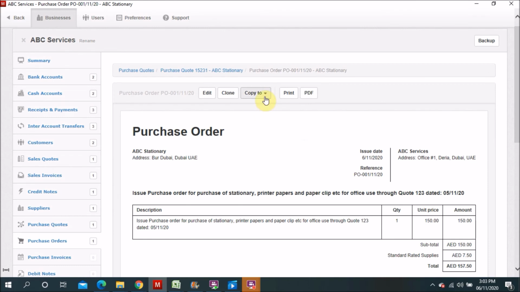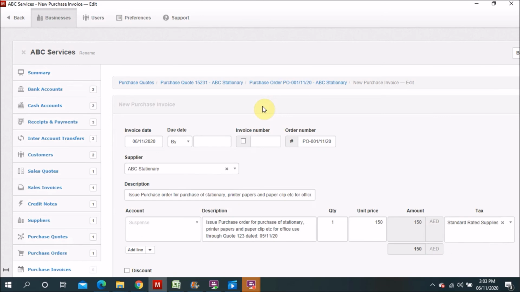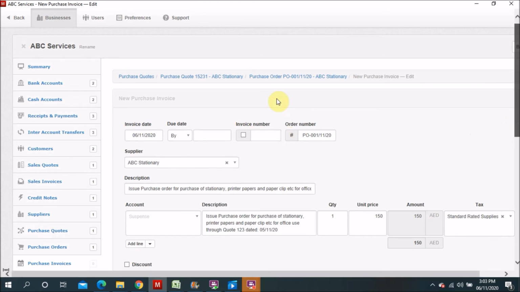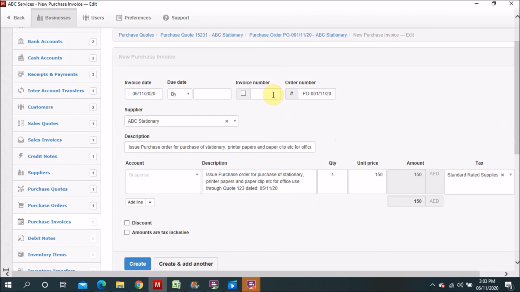So for example, now after the purchase order, the next step is purchase invoice. Now in this step you can see that only two things are missing here: invoice number and the account detail, where we want to account for this expense. The invoice number we have to take from the supplier.